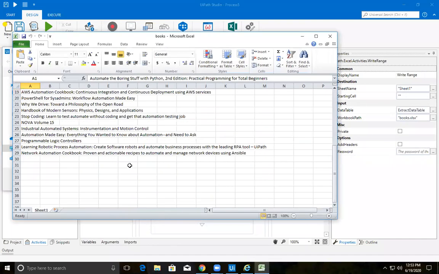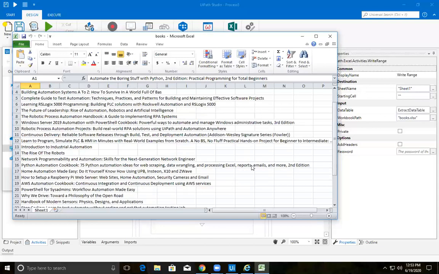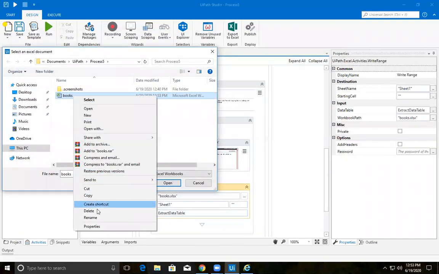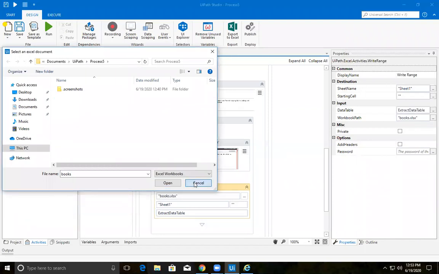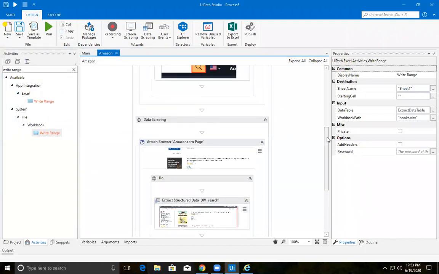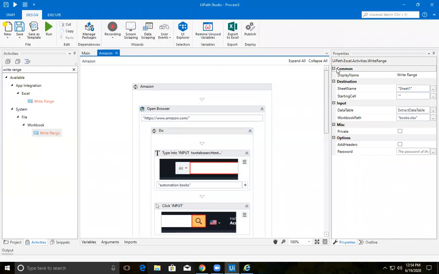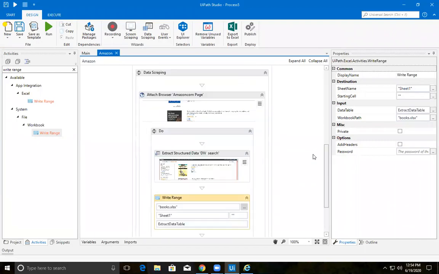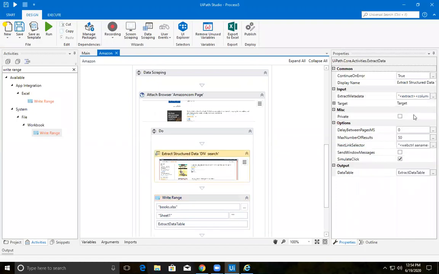Till 29 only I got. Okay, let me delete this. Till 29. Why was it happening? So provide maximum number of results as 30. Okay.